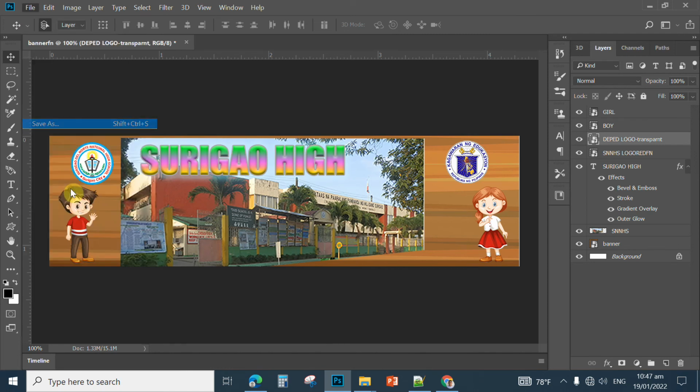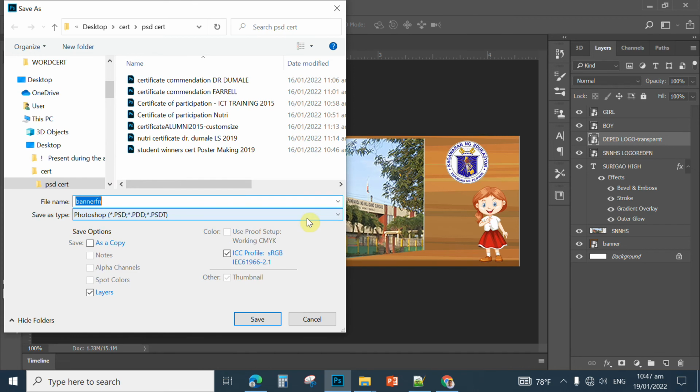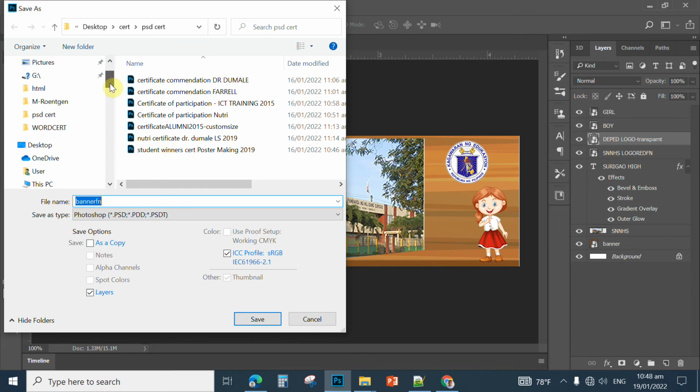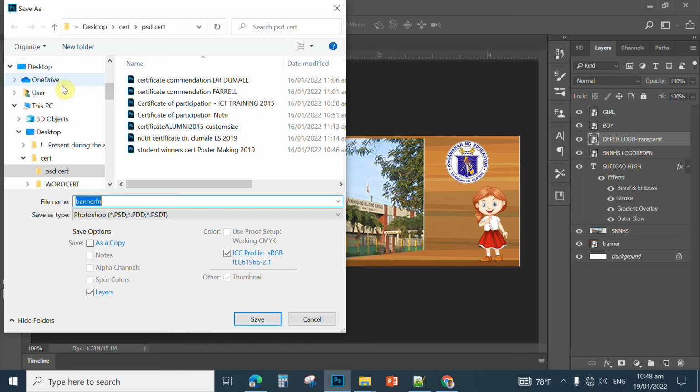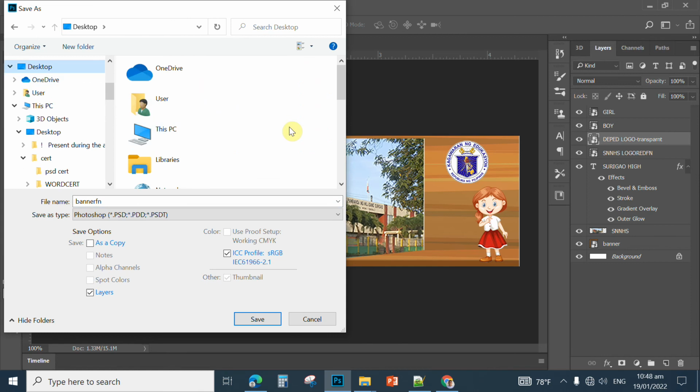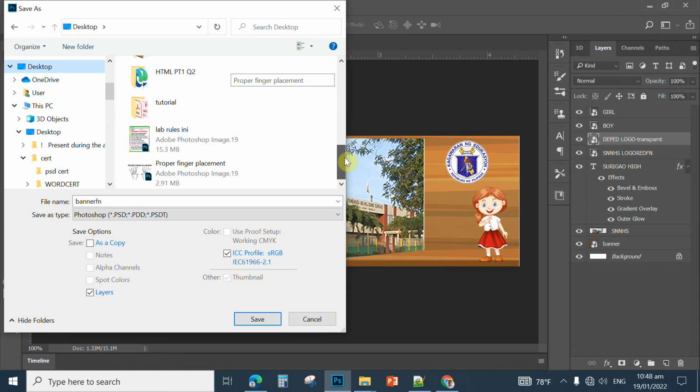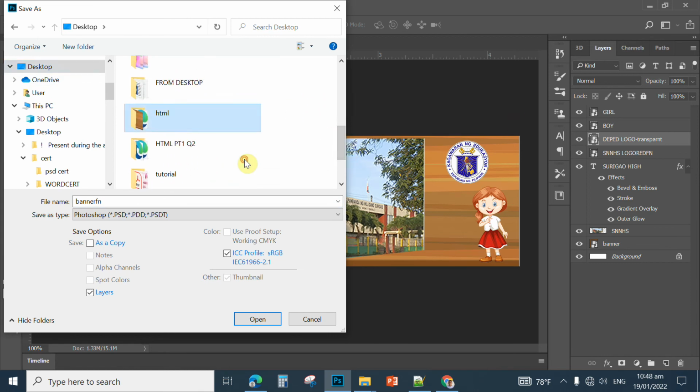Save As. For example, we have already given a name to your banner, banner FN. Make sure that where you save your web page, in the same folder you save your banner, so that it will read on the code. I have saved that one to desktop, and then HTML here,